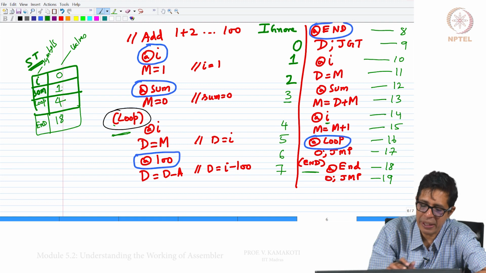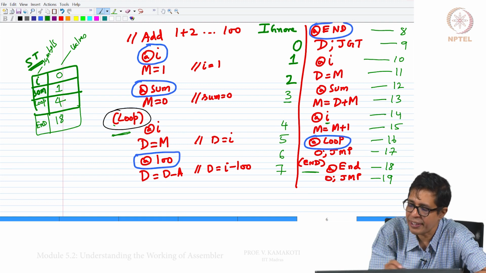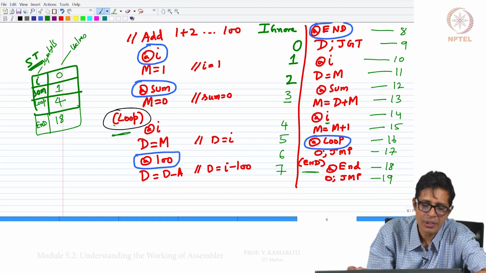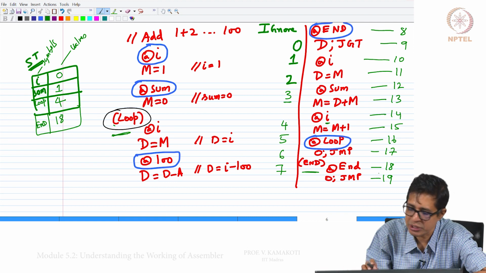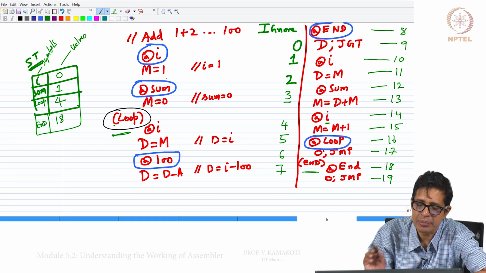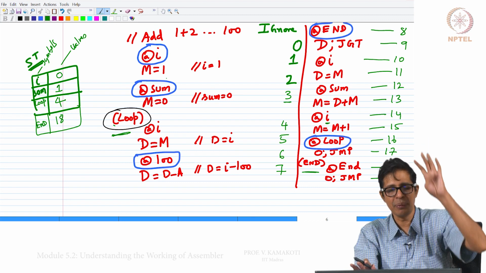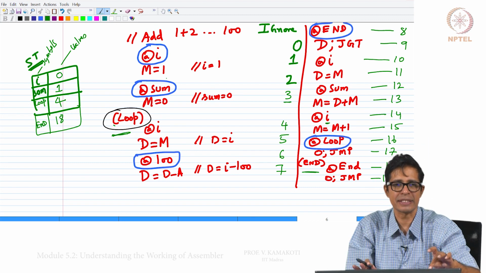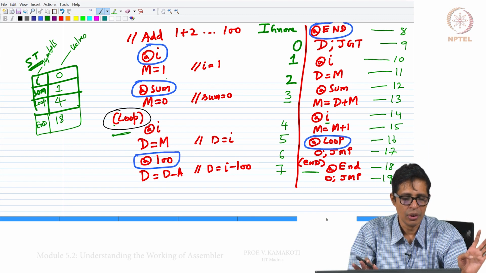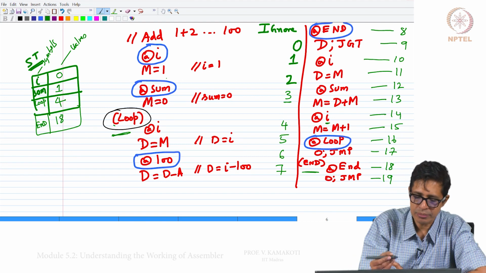In this case, loop and end are basically symbols in the program. So, they get 4 and 18 as you see here, while I and sum are basically data in the data memory, and for those we assign 0 and 1.